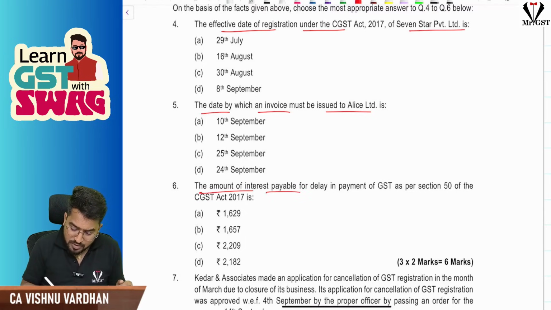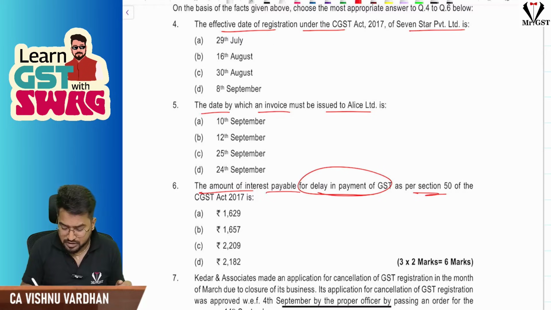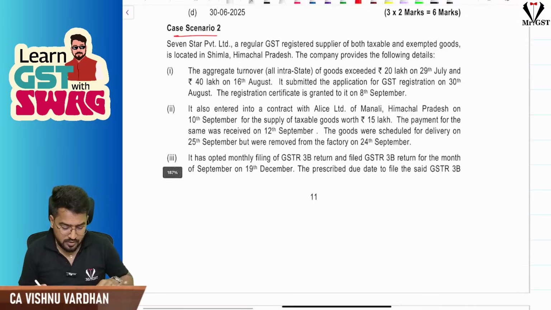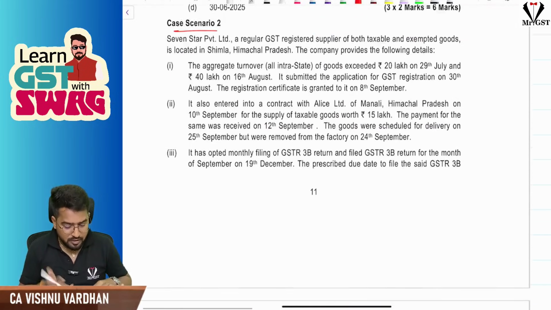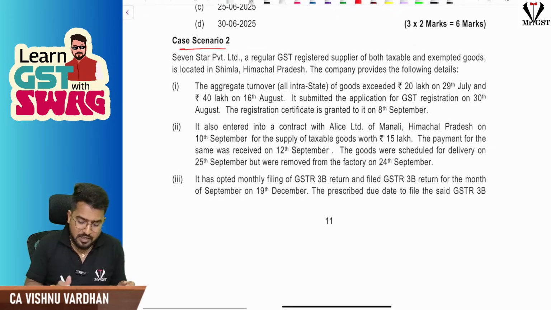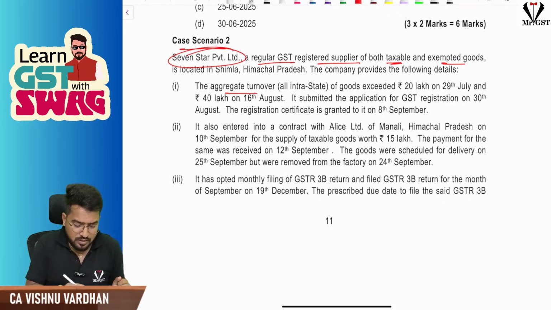Amount of interest payable for delay in payment of GST as per section 50. These are the things we have to see. Fine. There are 3 MCQs and they have given 3 points here perfectly. Aggregate turnover. See, 7-star private limited, a regular GST registered supplier, doing both taxable and exempt goods, located